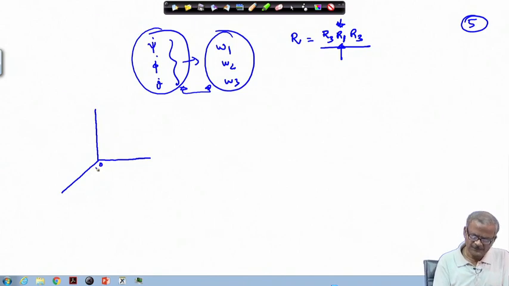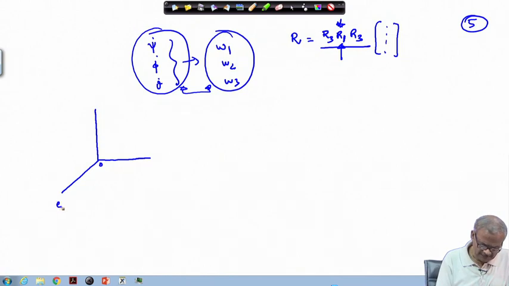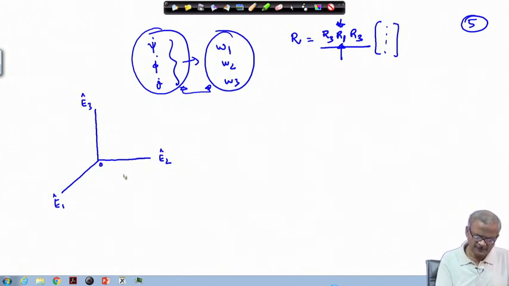Now, let us look at this place, the first rotation we give. We will operate this rotation on certain vectors. Let us say that here we have capital E 1, capital E 2, capital E 3, and these are the unit vectors along these 3 directions. Now, we give the first rotation about this axis anti-clockwise, the right handed rotation, by psi.